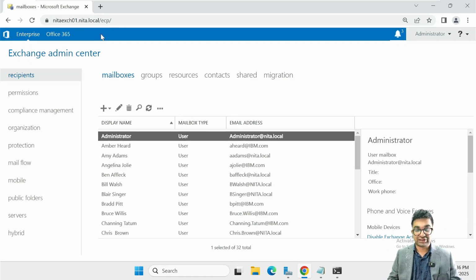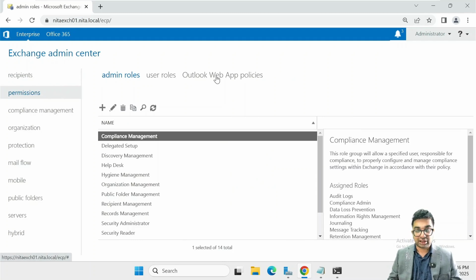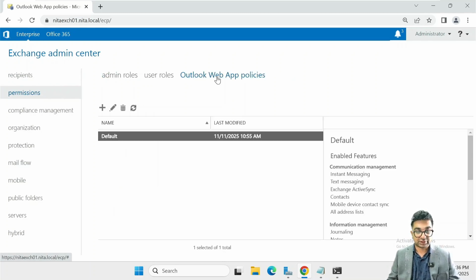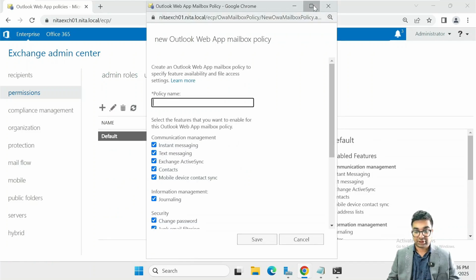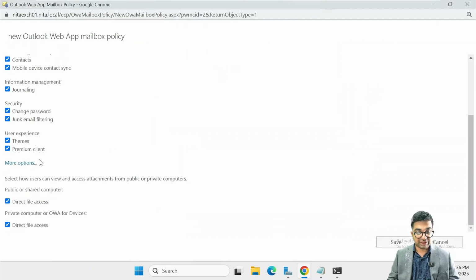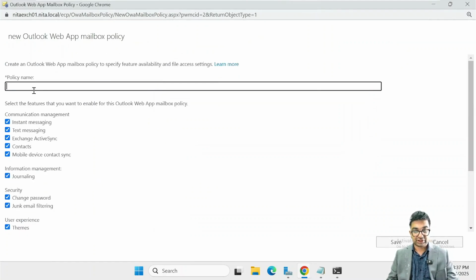So first things first, navigate to your Exchange Admin Center here. Now, once you're here, click on Permissions. And under Permissions, click on Outlook Web App Policies. And click on New. Now, you can see that we have all of these settings and all of these options here. So for the name, I'm going to type in external